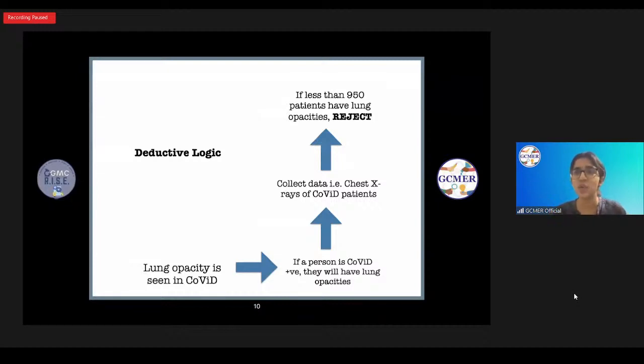understand, like a p-value of less than 0.05 makes something significant, and if the p-value is more than 0.05, then it's insignificant. This is exactly what it means. In this case, we are making sure that the p-value is less than 0.05. That is, fewer than 50 people are actually going away from the hypothesis, and more than 950 people are fitting into the hypothesis, and that means that this result that you have obtained is